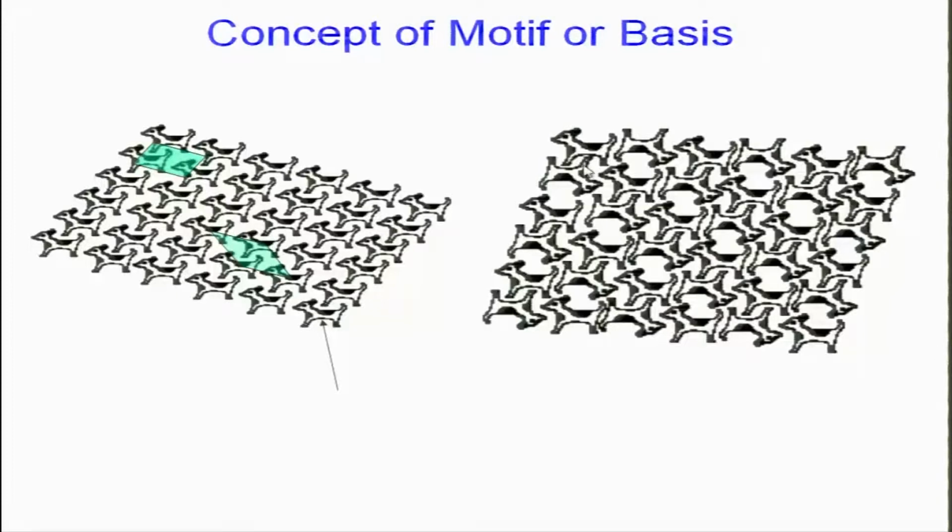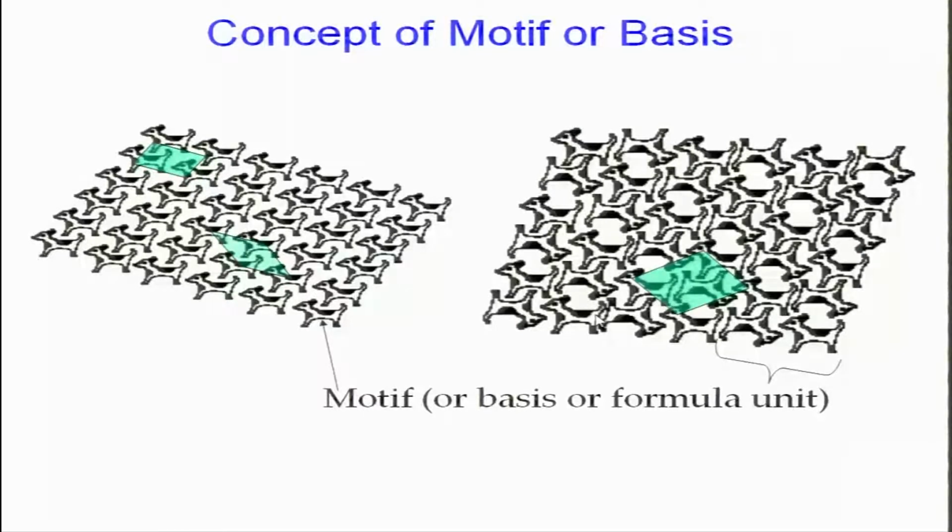Let me just bring the arrow. So this dog is standing up, this is standing up, this is standing up, and every alternate one is standing upside down. So here, if you want to draw a periodic lattice, this periodic lattice or that periodic lattice on the left cannot be the periodic lattice here. So now here